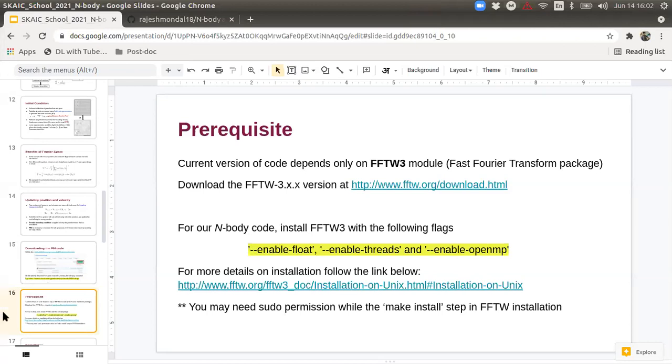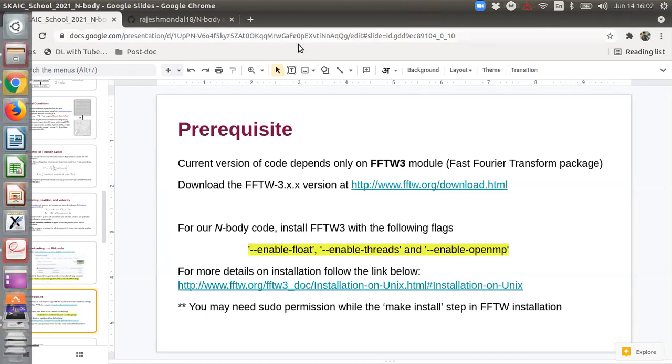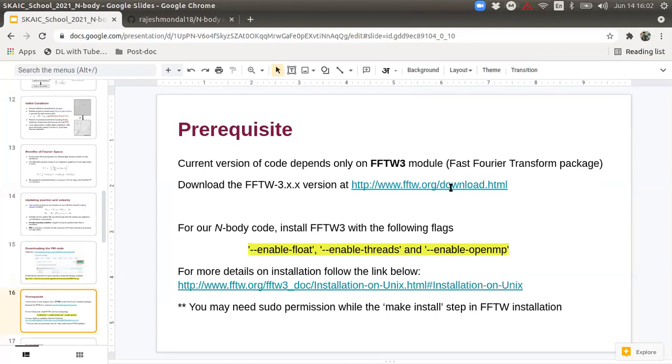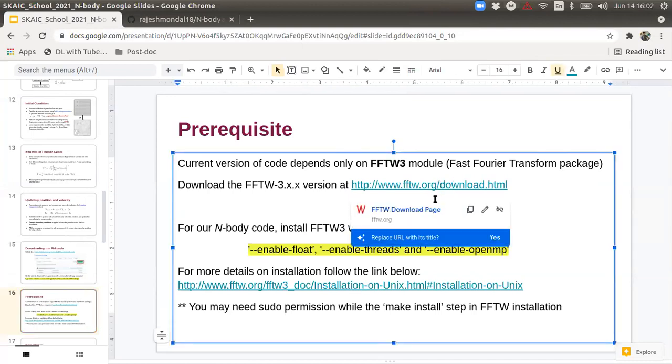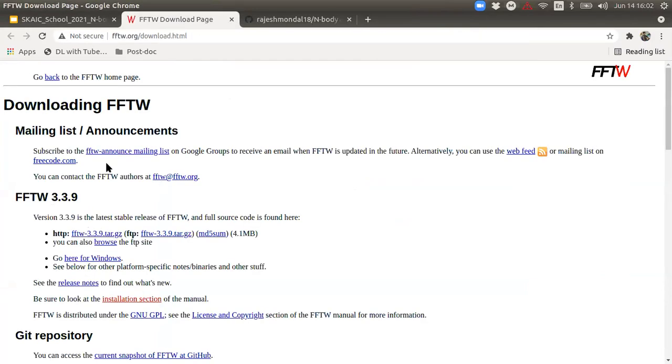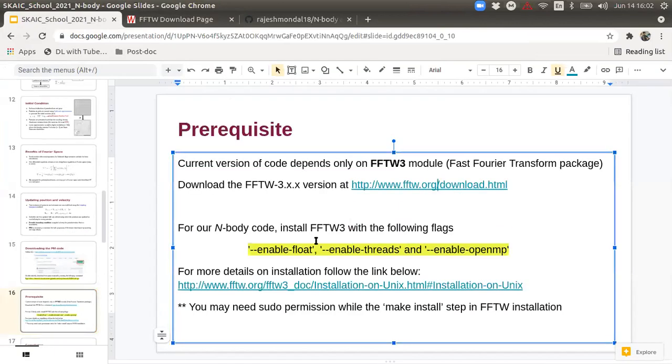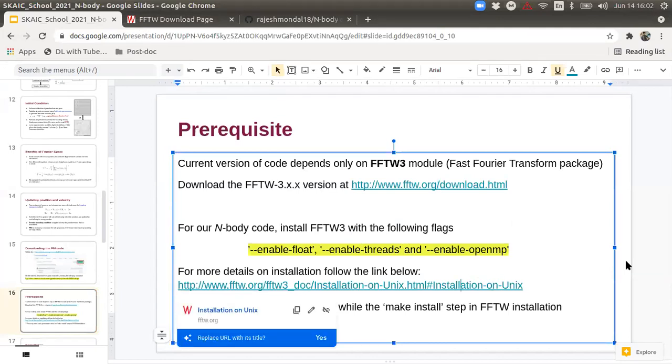I'm not going to do that because I have already installed it on my system, so I'm not going to mess with that installation. If you click on this, you will be redirected to the FFTW page. You can download this tar file from here, unpack it, and follow this installation guide in order to install FFTW on your system.